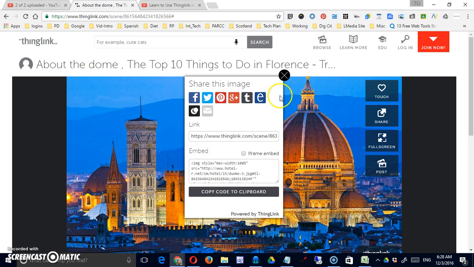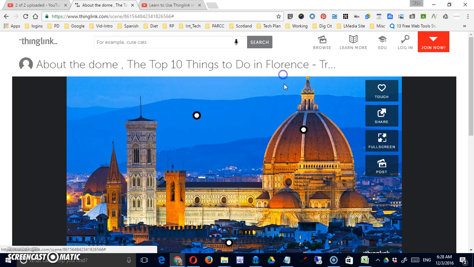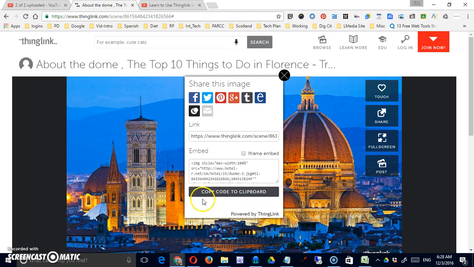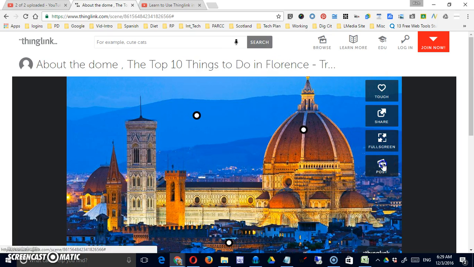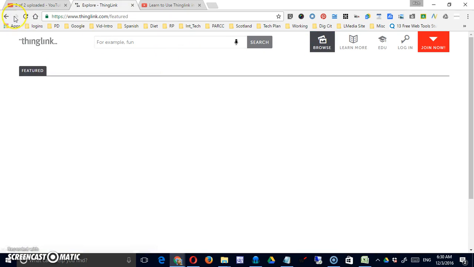They can also share it. So this is a very public image, and in the sharing process, they can copy it to a clipboard. They can see it full screen, or post it themselves, again needing to have an account to do so. Okay, users without accounts would have the option to browse the space for other things,